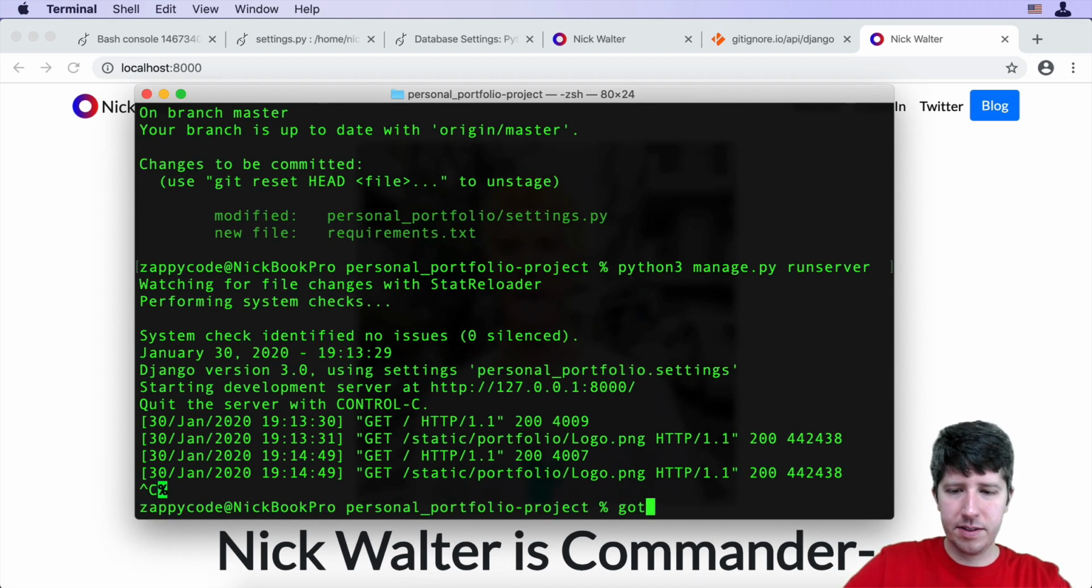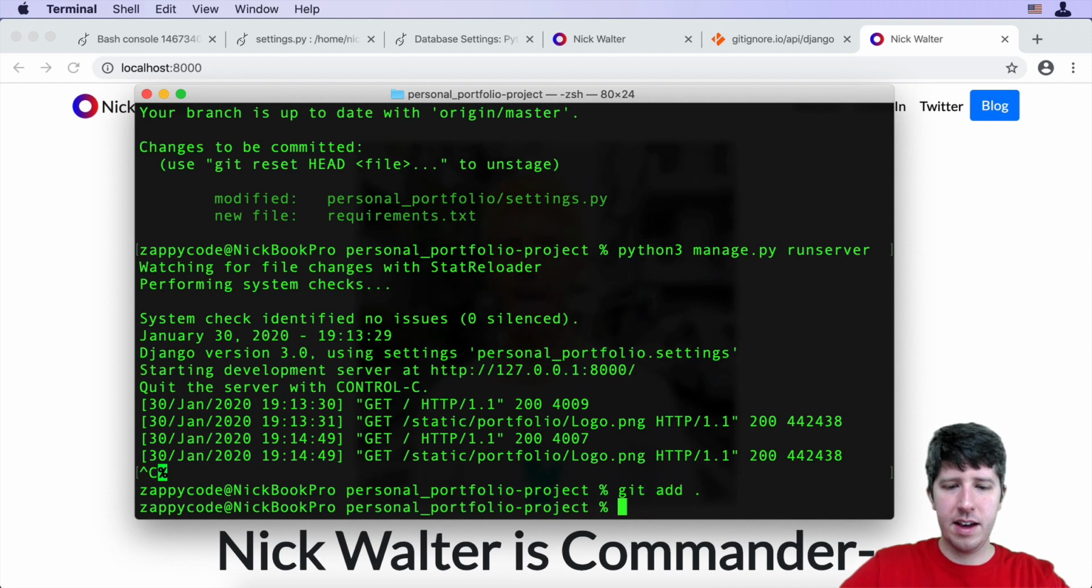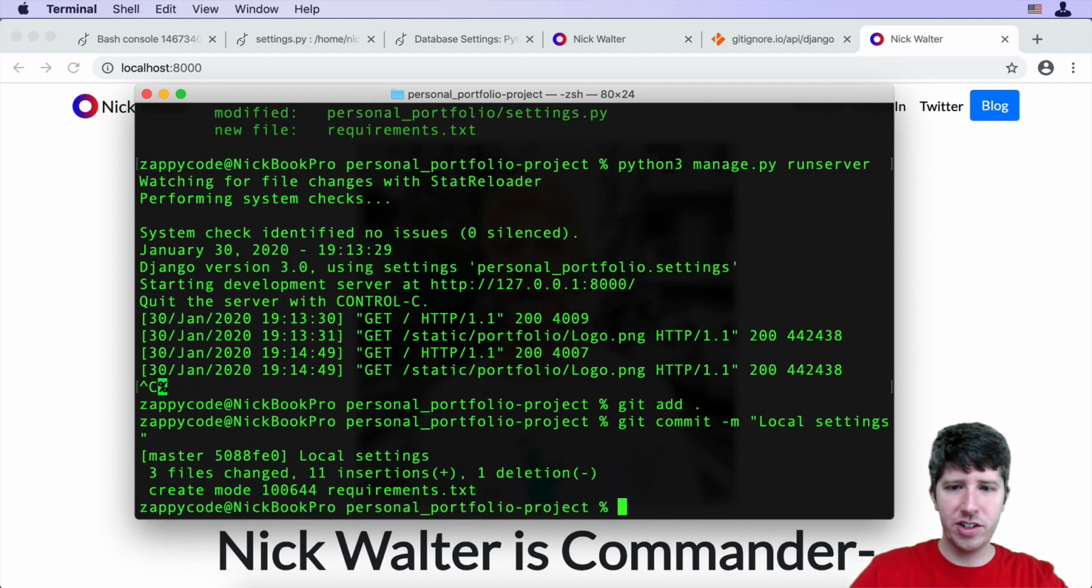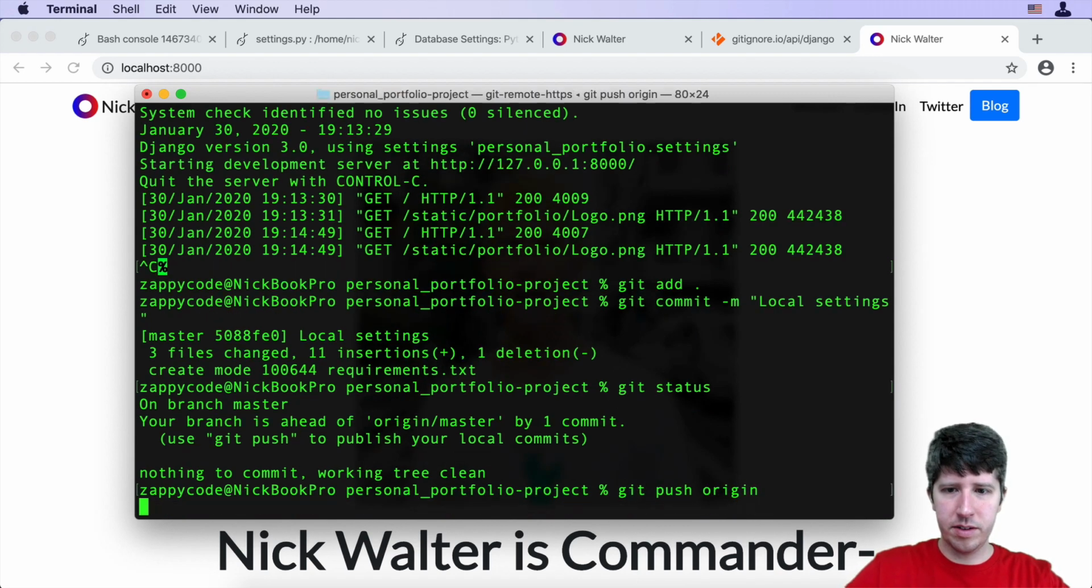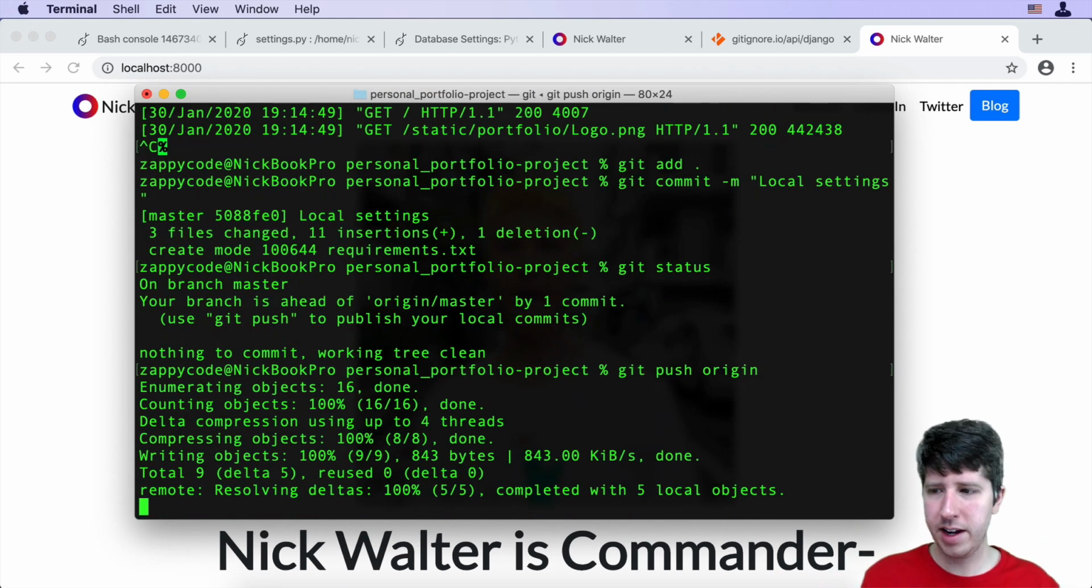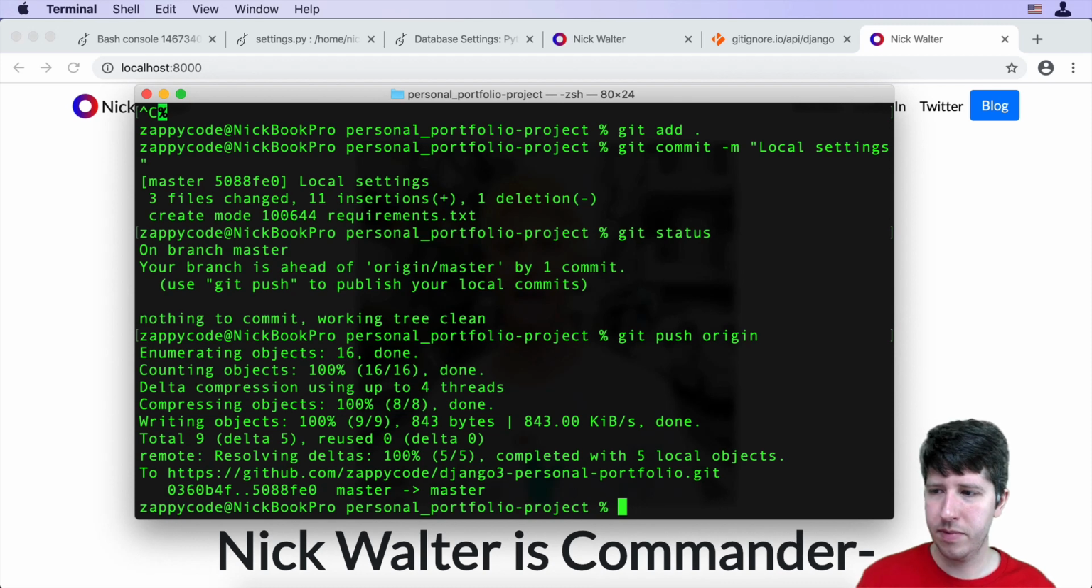So I'm going to do my git add dot, and then I'm going to do a git commit -m local settings. That's kind of like what I changed here. Now if I do a git status, there should be nothing here. So I'm going to do a git push origin. This pushes it up to GitHub. All right, now that those changes are up on GitHub,